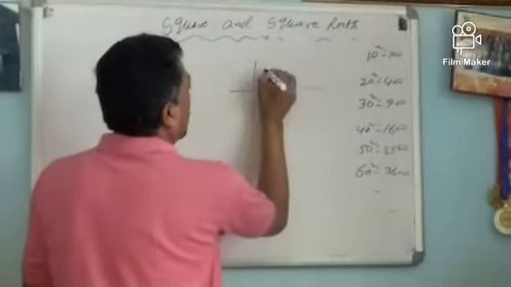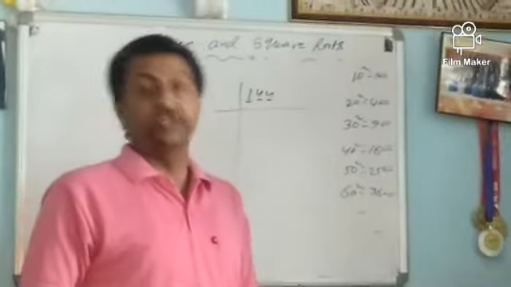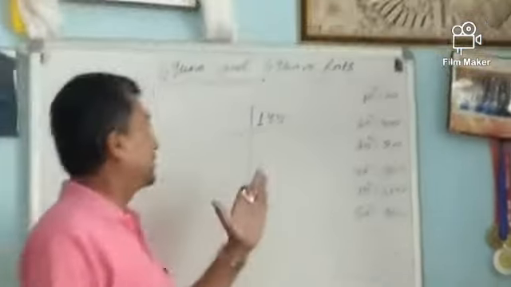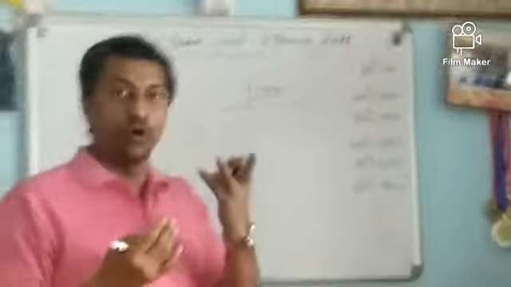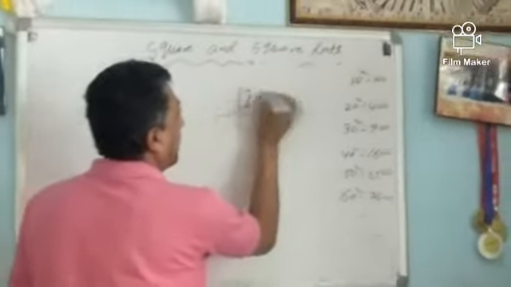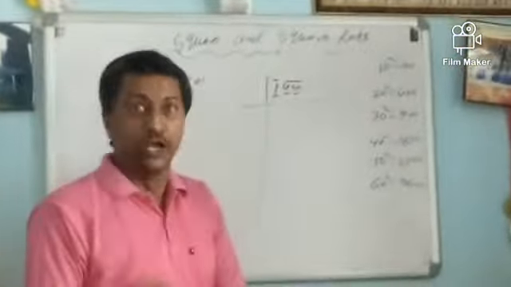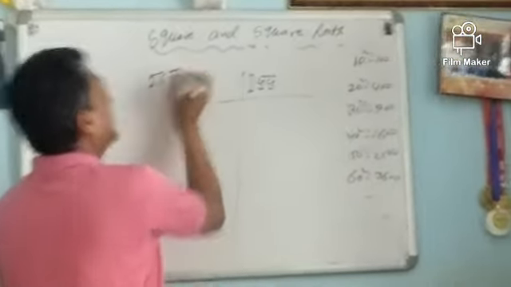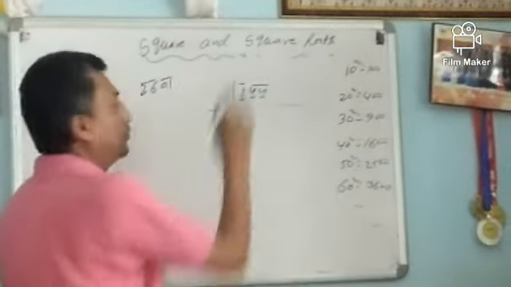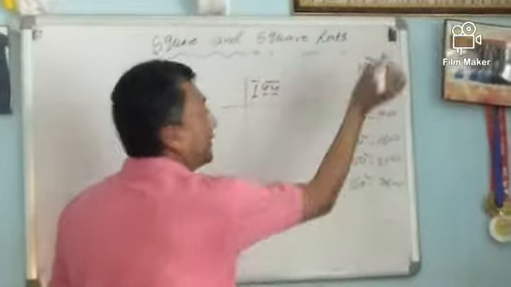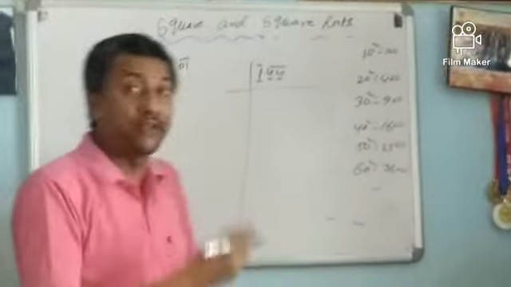Here 1 2 3, there are 3 digits in 144. Whenever there are 3 digits, which is an odd number, first we take a single and then double. Suppose 2601, with 4 digits, we take 2 and then 2 2, which means we have to make pairs. So if 4, then 2 2; when 3, then single, then double. Suppose 5 is there, then single, then doubles.